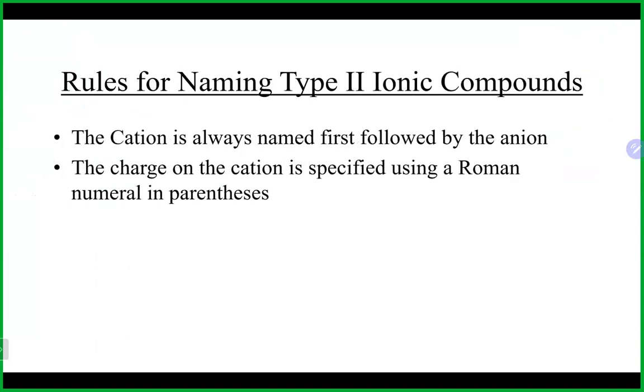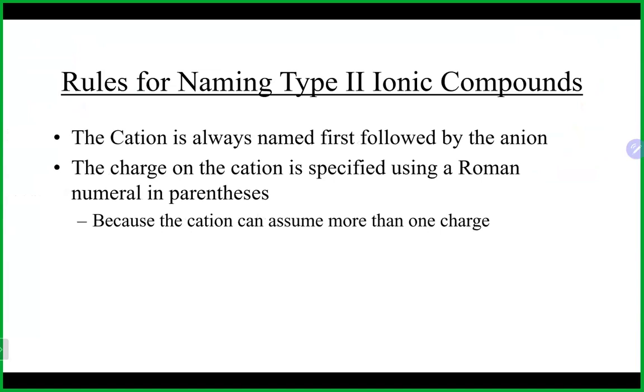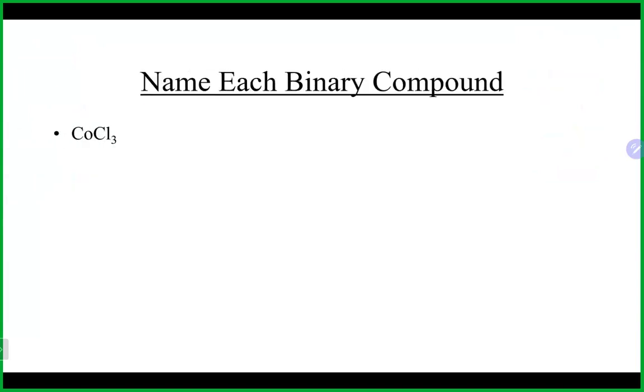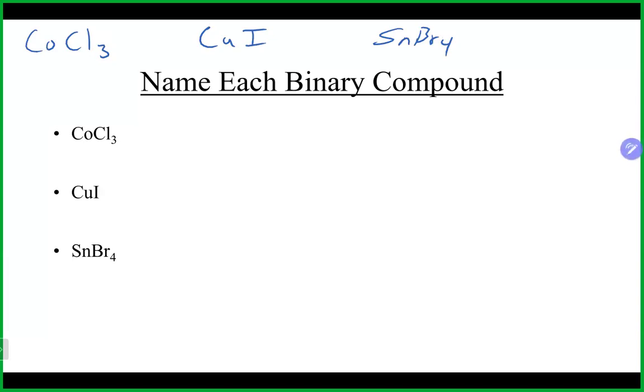All right, so we kind of went through this. Same rules apply for our type 2. The only additional thing we're doing is adding that Roman numeral to indicate the positive charge on the metal. And like I said before, you will always know what is attached to it. So just like last time, let's do some names on the guys here on the left. And again, I'll write it up towards the top in case it's hard to see. And I'll give you some names that you could write formulas for. So why don't you write the formulas for,